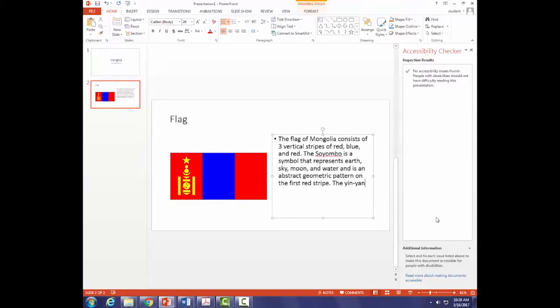The yin-yang symbol is below the Soyombo and represents Mongolia's people.